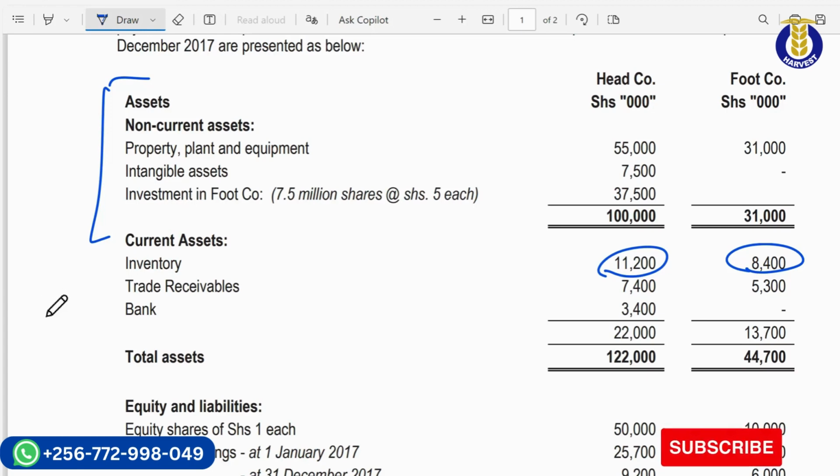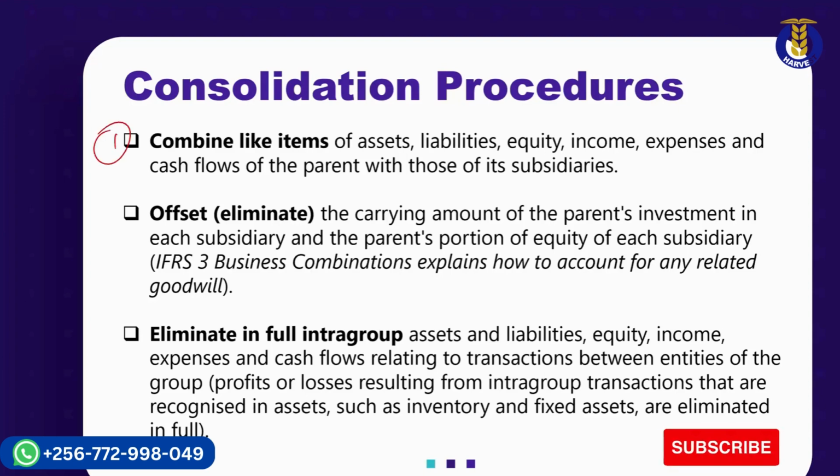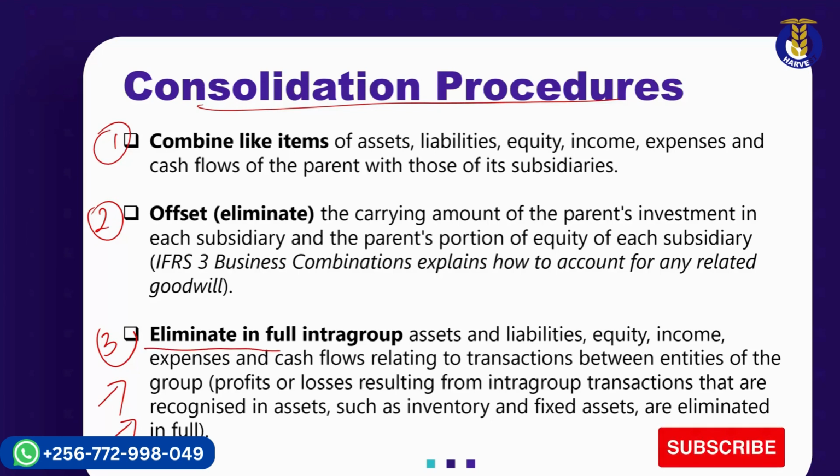According to our discussion on the consolidation procedures under IFRS 10, if I can take you back a little bit, here I'm going to concentrate on consolidation procedure number 3. For those who missed out on this video, make sure you watch the video on the consolidation procedures where I fully explain the 3 major steps in the consolidation process. According to procedure number 3, we have to eliminate in full any intra-group assets, liabilities,